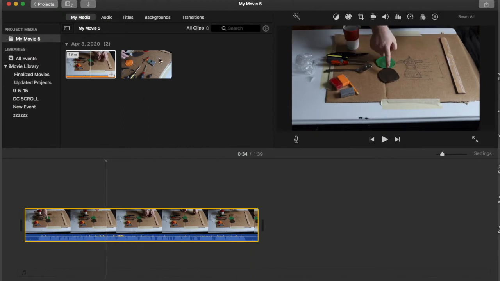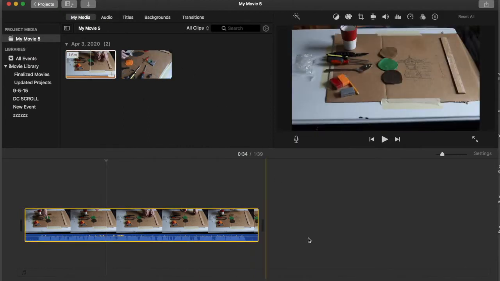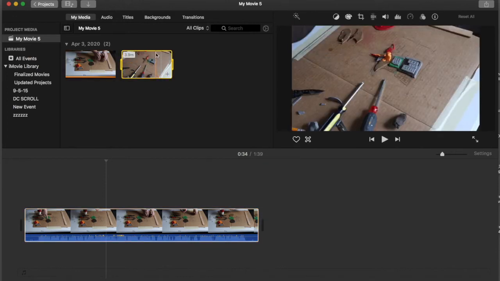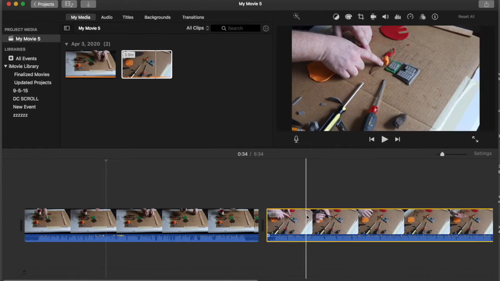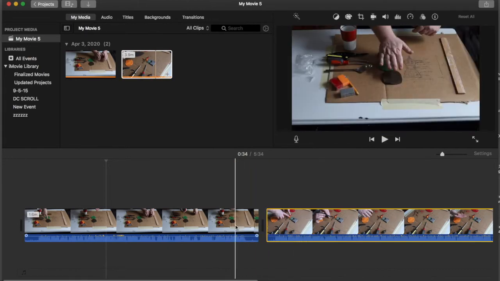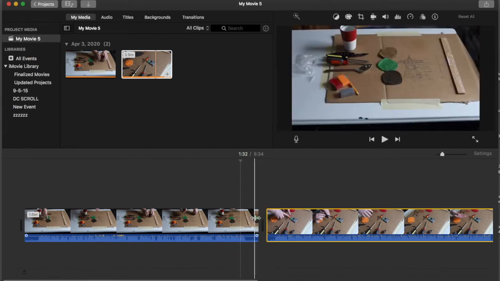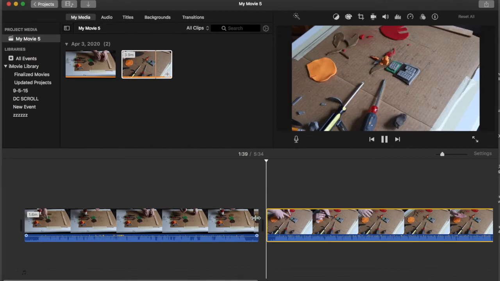Now if I want to drop in my second clip after that, I can just drop it in right at the end here. So I click to select it, drag it, drop it in, and now that's my second clip. Now I've got two clips, and you can see that the transition is seamless. I can put this right to the end, I can play it, and it will play from one clip right